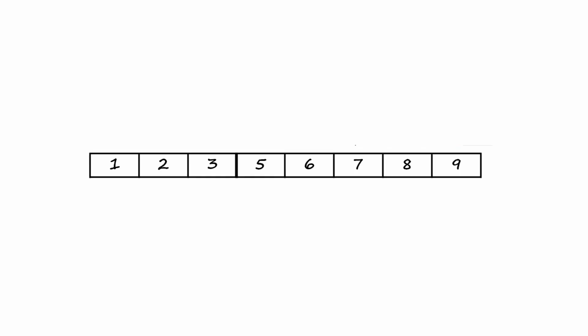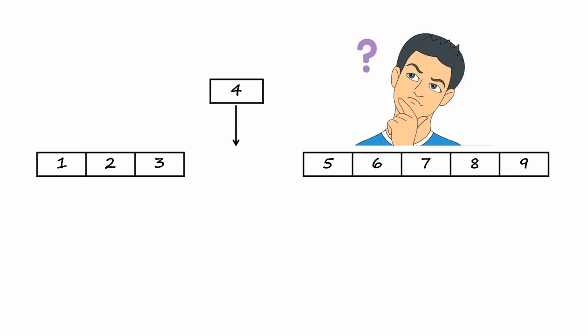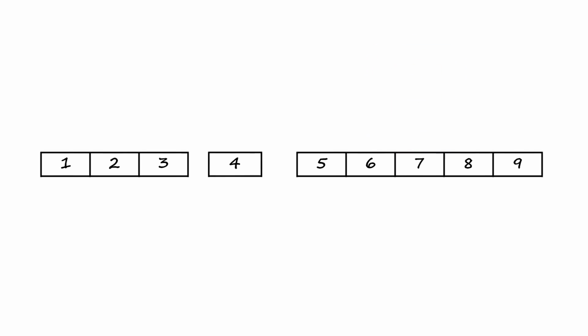Let's say you took an array from the user. After giving the whole array, the user realized that one element 4 is missing. Now, as a programmer, what will you prefer? Will you ask the user to give the whole array again, or will you ask to give the missing element and to specify its position? Of course, you will not go with the first option. It's not at all user friendly. So, you'll go with the second option and insert an element in the array. Cool, the array looks fine now.